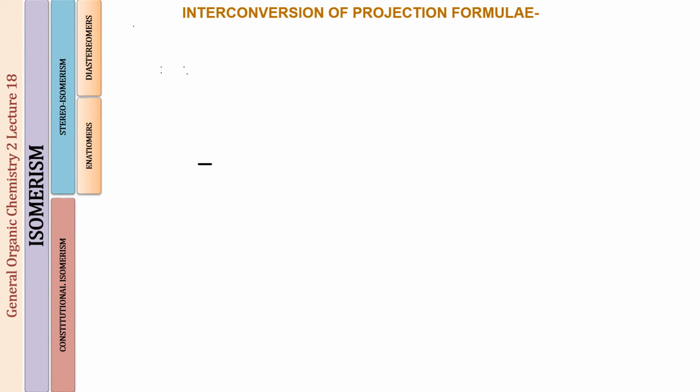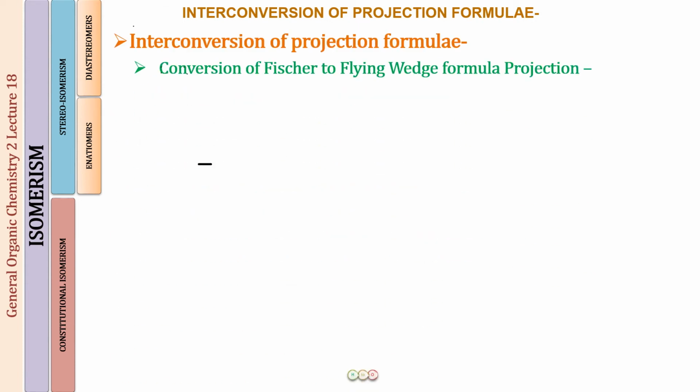So now let us learn to draw another example, and the example I'm going to take is 3-bromo-2-butanol, for which you've already learned how to draw a flying wedge into a Fischer. So now we are just going to do the opposite, and when you're doing the opposite, please be a bit more careful, because you're going to convert now a two-dimensional representation into a three-dimensional representation. Okay, so here you are going to be learning a lot of things.